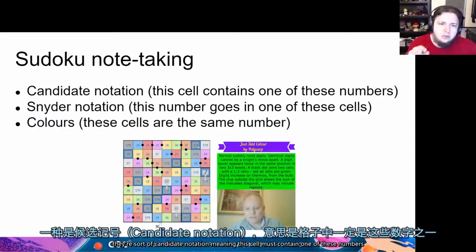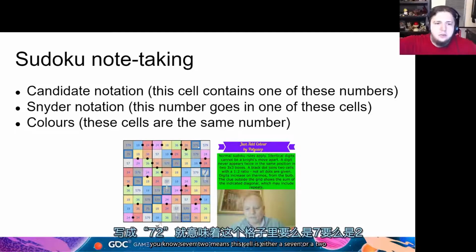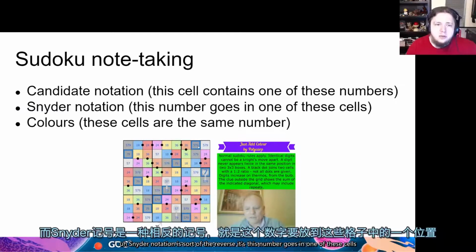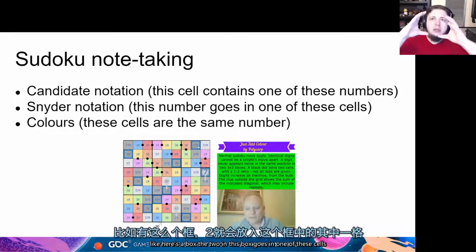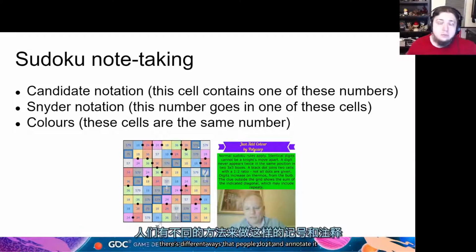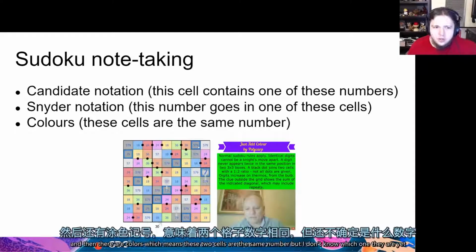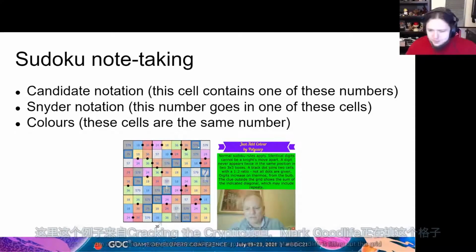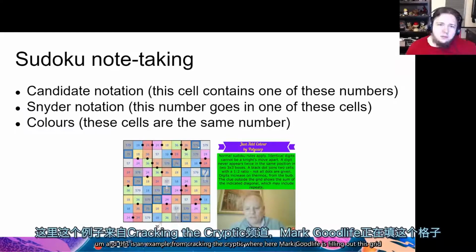There's candidate notation, meaning this cell must contain one of these numbers. 7, 2 means this cell is either a 7 or a 2. Snyder notation is the reverse. It's this number goes in one of these cells. Like here's a box, the 2 in this box goes in one of these cells. And sometimes you'd draw a 2 on the border between two boxes. It's sometimes called a bi-value. There's different ways that people do it and annotate it. And then there are colors, which means these two cells are the same number, but I don't know which one they are yet. And this is an example from Cracking the Cryptic, where here Mark Goodliffe is filling out this